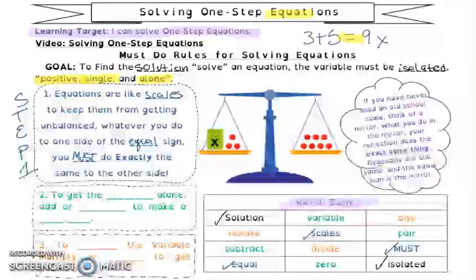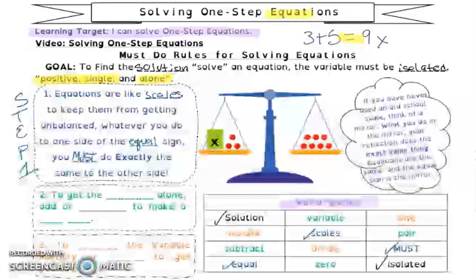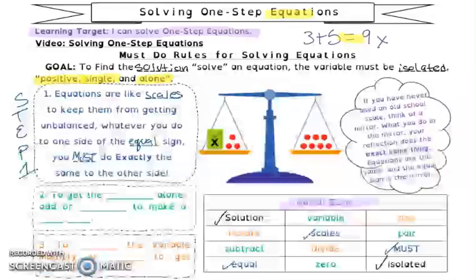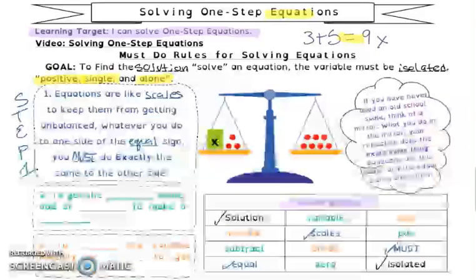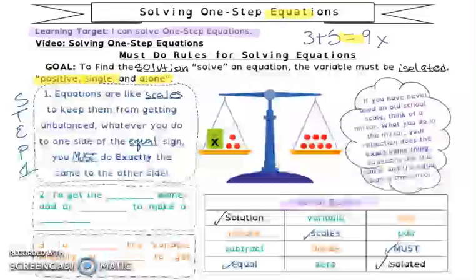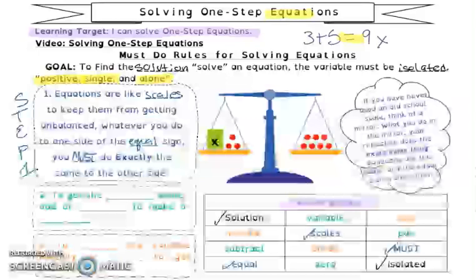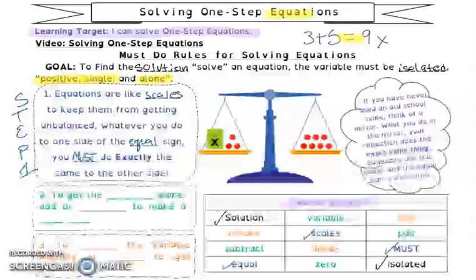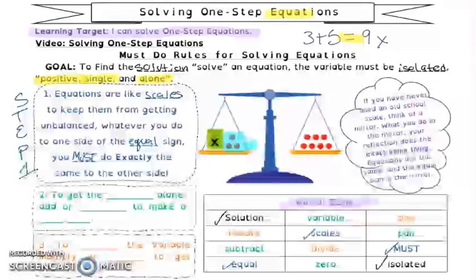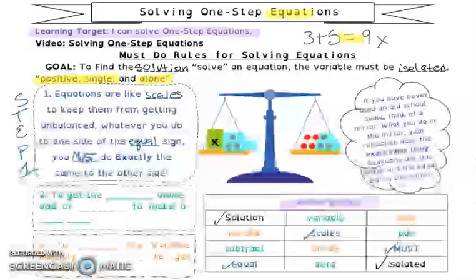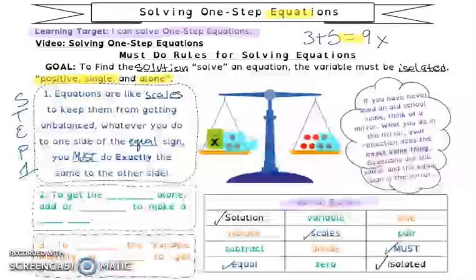If you do something to one side of that equation, you have to do the same thing to the other side of that equal sign to keep it balanced, or your answer is not going to be the same. It's not going to be correct. So if we look at this scale, and we can currently see that there are 3 of these red circles. So if we come over to the other side of the scale and we see 1, 2, 3 red circles, well, now we can see for ourselves that